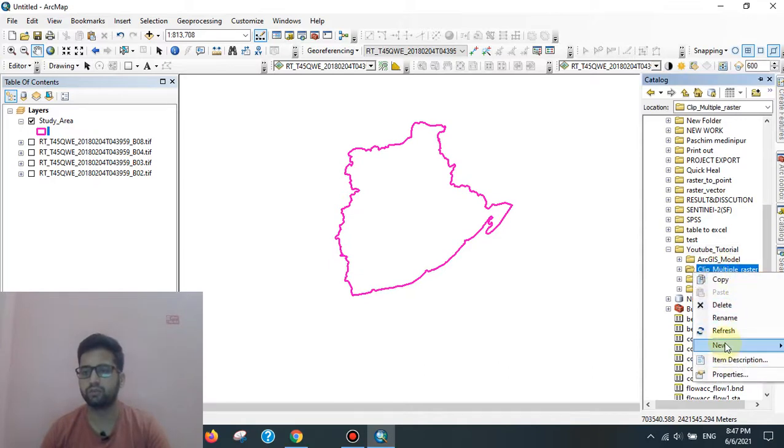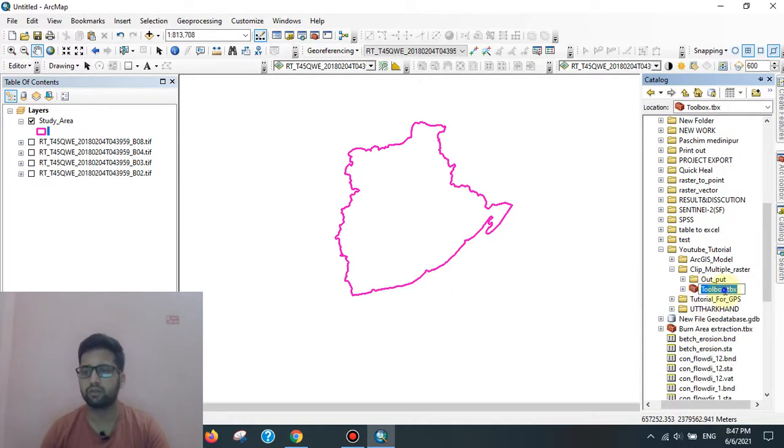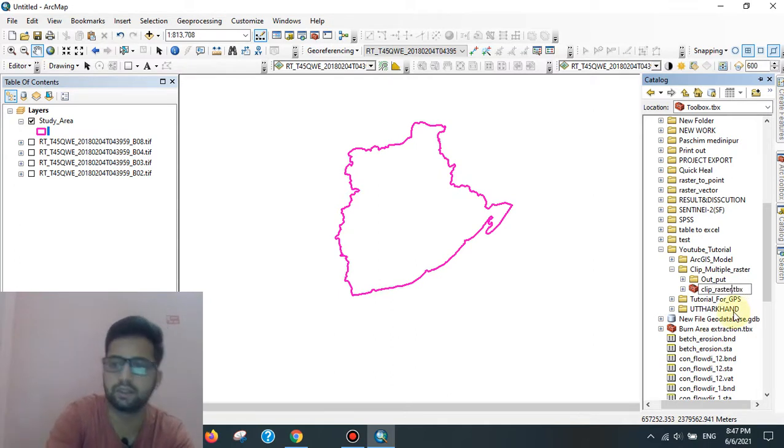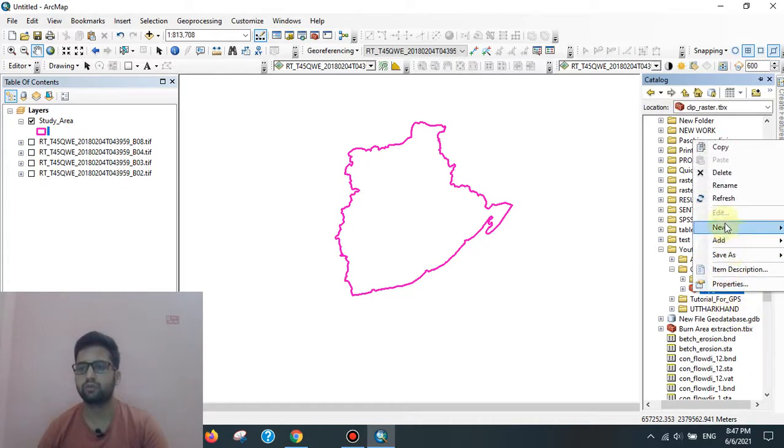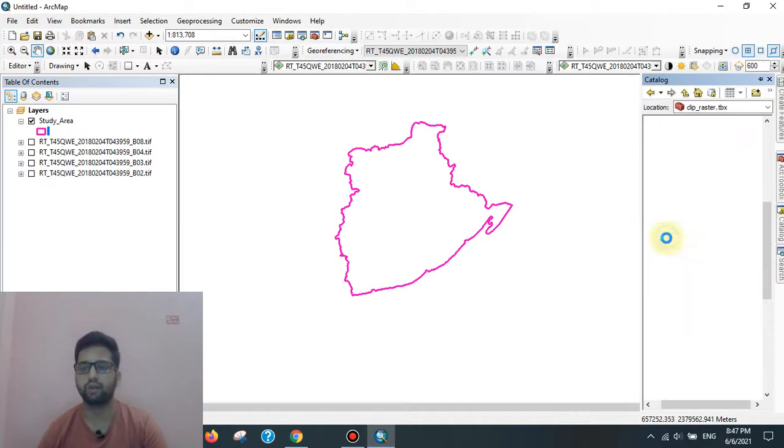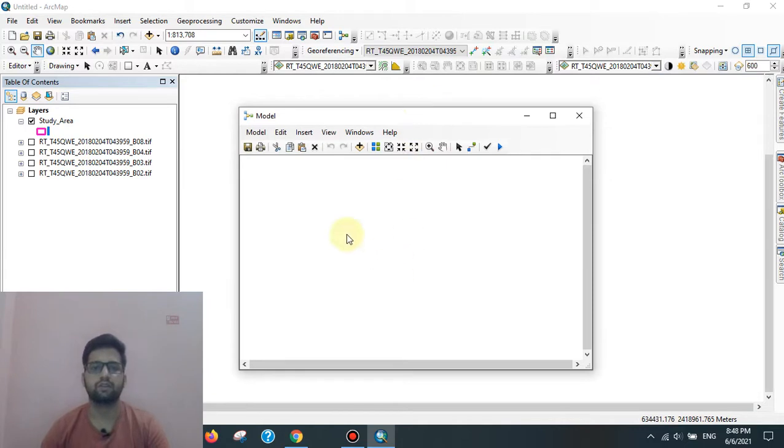Go to New, create toolbox, name it clip raster, then go to New, model. This opens the ArcGIS model GUI.